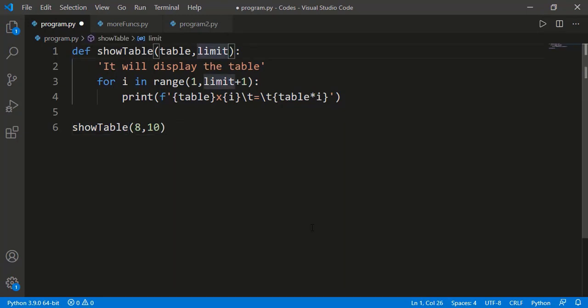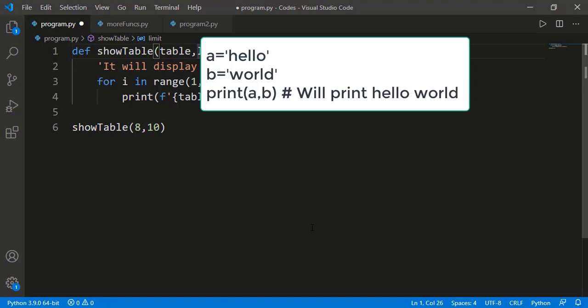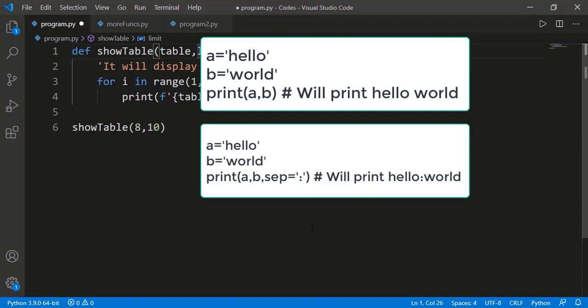The next thing we will see is the possibility of the optional input argument or the arguments with the default value. Recall that we have used optional input arguments various times. For example, in the print statement, if we print two strings using the comma operator, between the two strings will be printed a space. But if we want to have some separator other than space, for example tab or new line or colon, then we can specify that using the input argument sep and setting its value. What does this mean? It means that the input argument sep is optional and the default value is set to space.